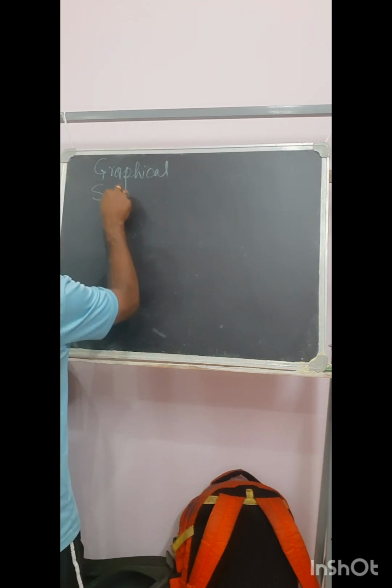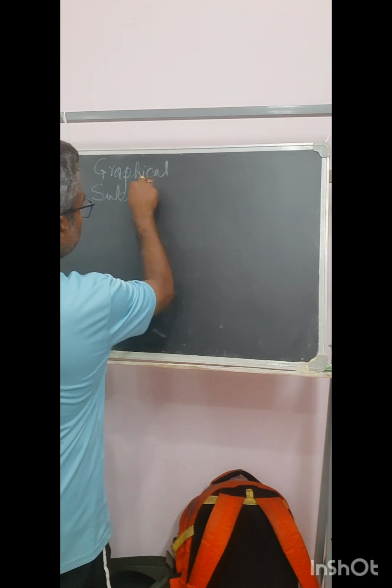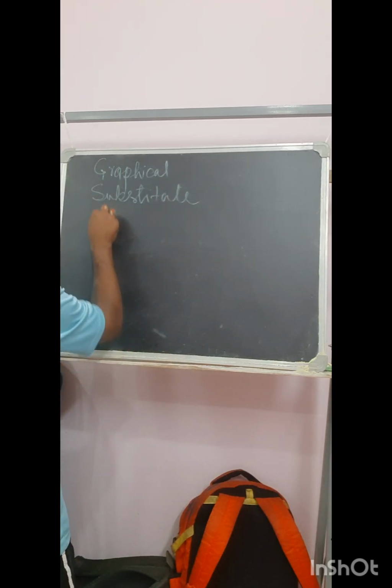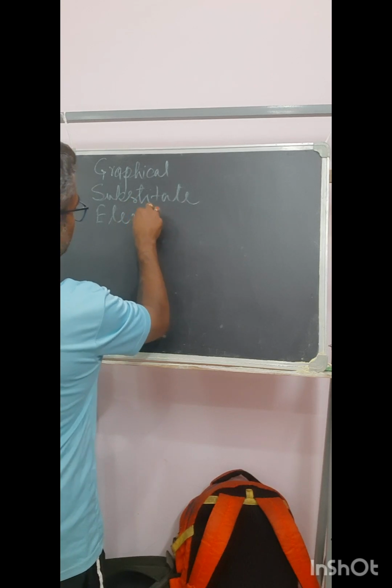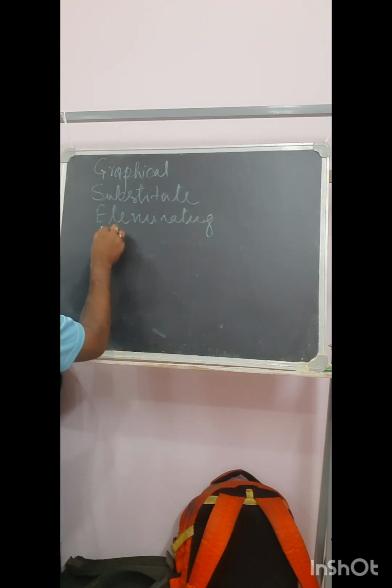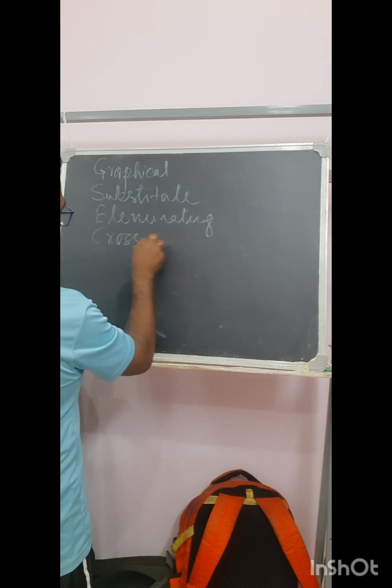second was substitute method, third one is eliminating method, fourth one is cross multiplication,